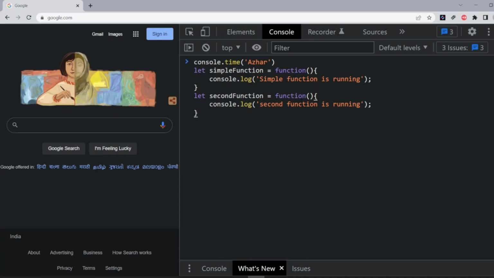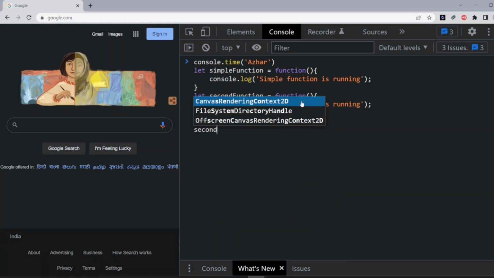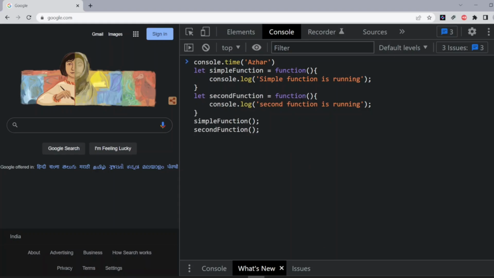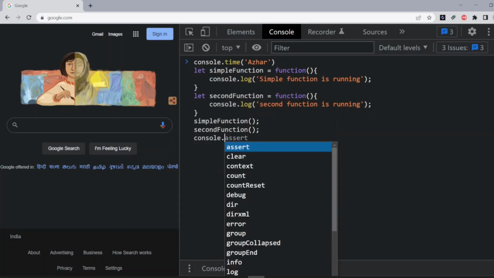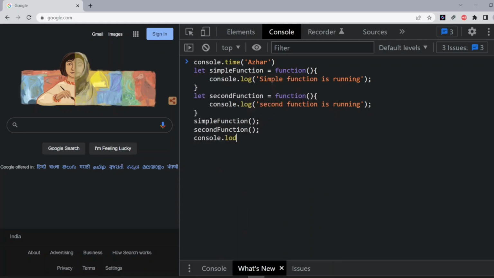Now I'll execute both. Okay, let's say I'll execute simpleFunction also. I want to call them, basically. So I'll write secondFunction also, and basically execute them. Now I'll write here console.log,